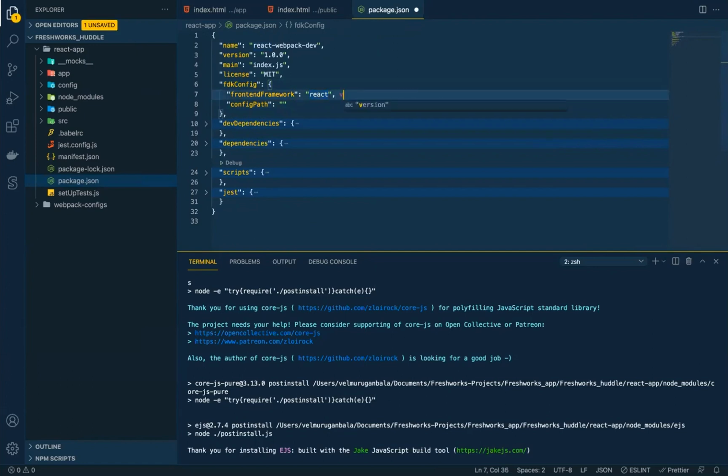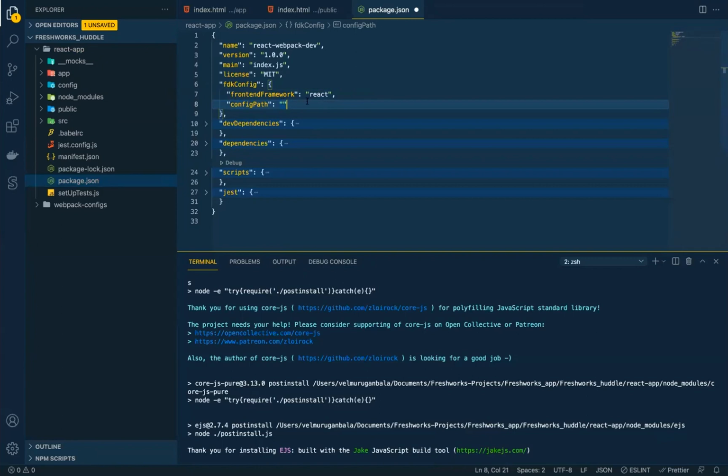So this could be Vue 2 or Vue 3 for those corresponding projects, right? For this project, it is React, because it is a React project, obviously. And then there is another subconfiguration called config path. The config path can be left empty for a regular application.